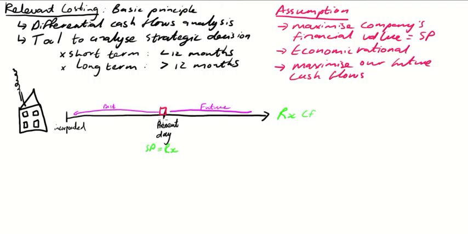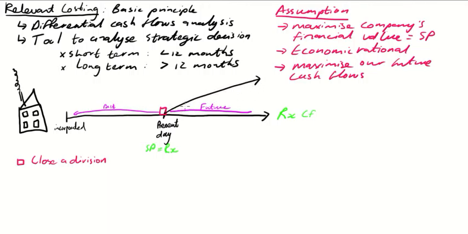Now, for our purposes, let's say this company is specifically looking at whether we should close a division. As it stands, the company is not going to close the division and therefore would make X cash flows. But now, if we were to close the division,